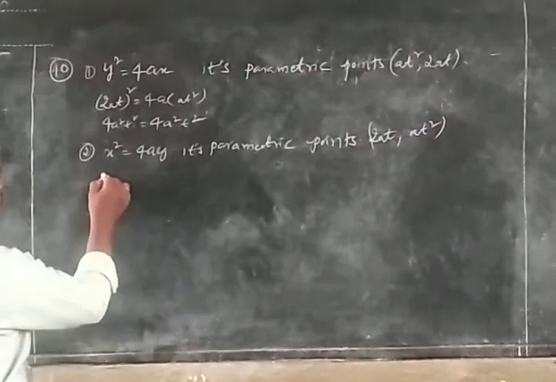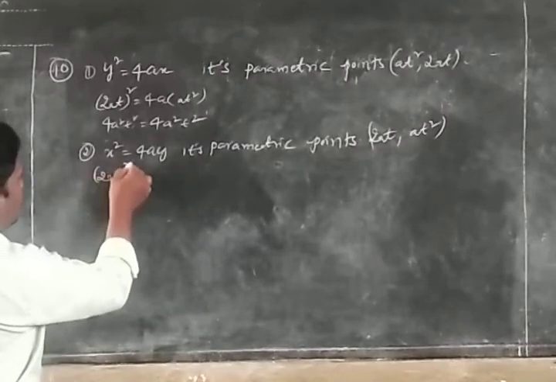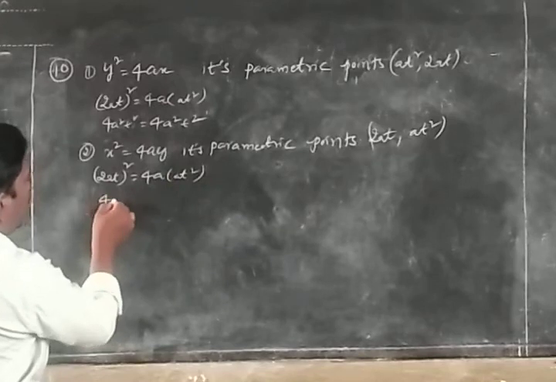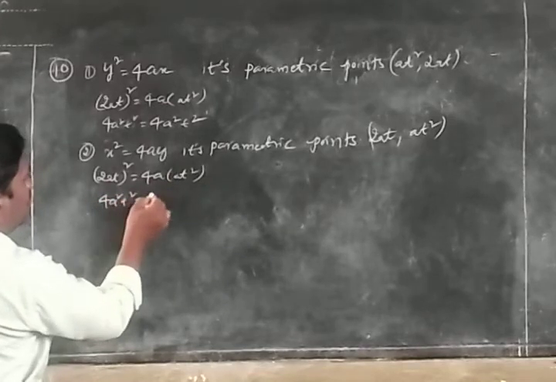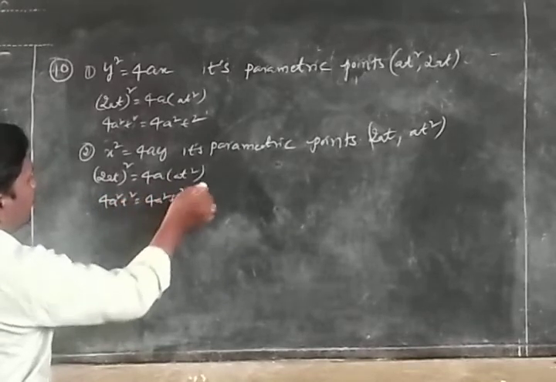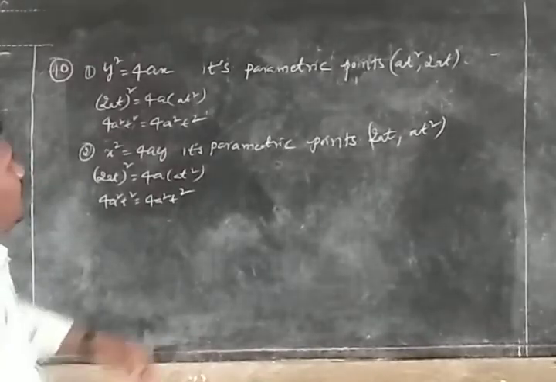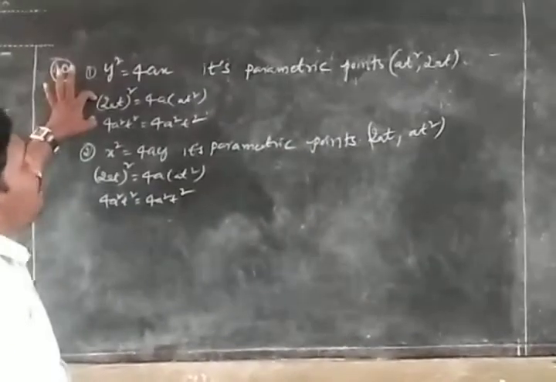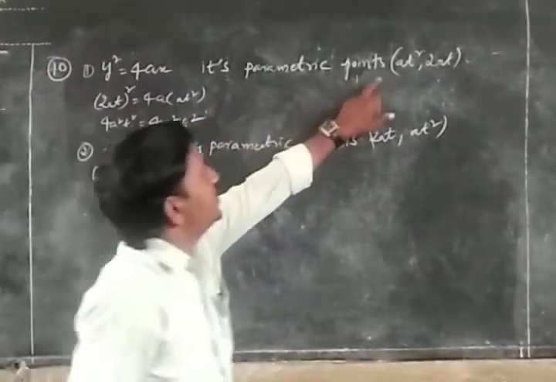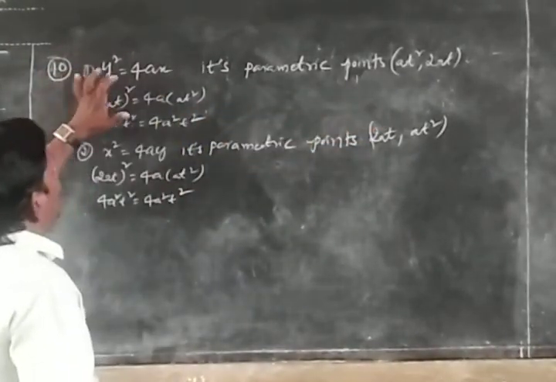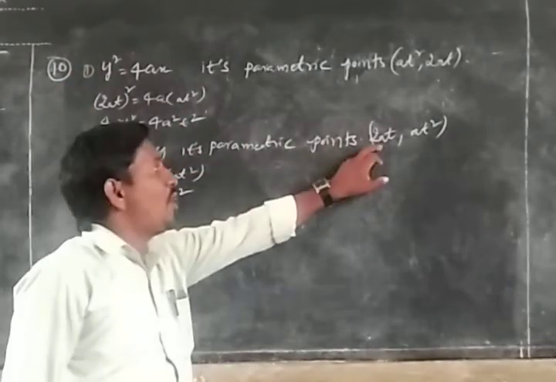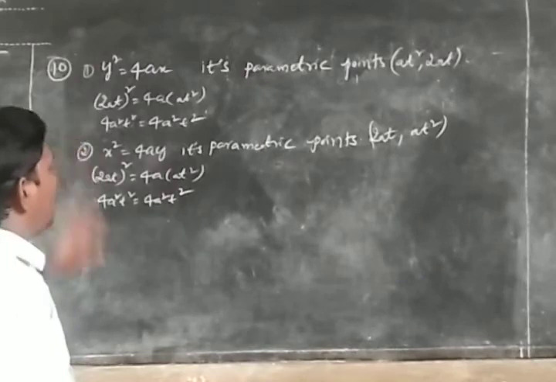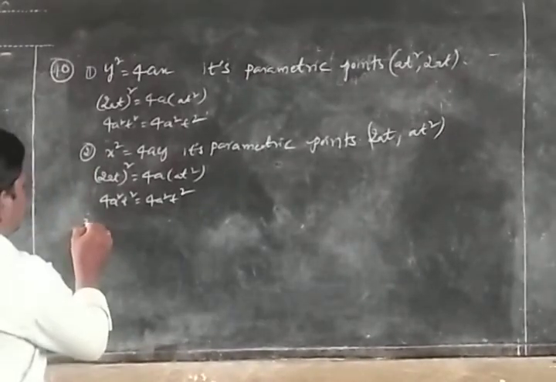What is the x value? (2at) whole square, 4a into at square, 4a square t square. So we have to observe the given points; the taken points should satisfy the given parabola. These points satisfy the y square equal to 4ax parabola, and these points satisfy the x square equal to 4ay parabola. And third one,